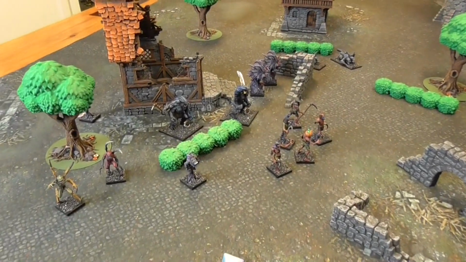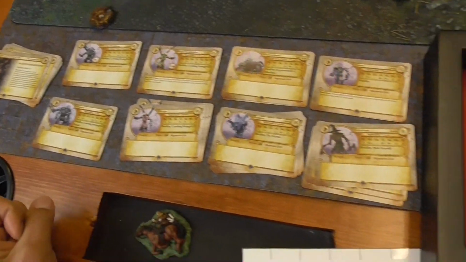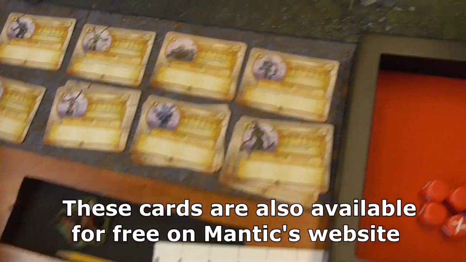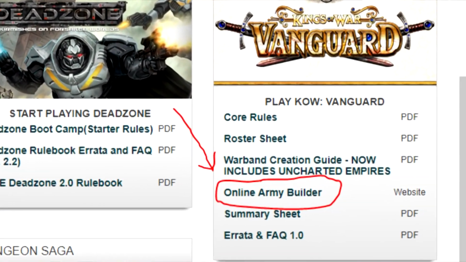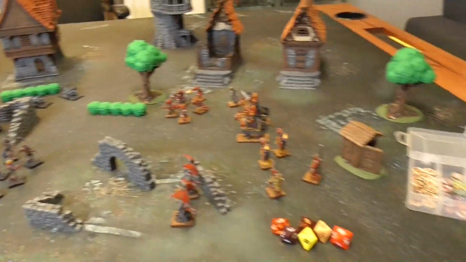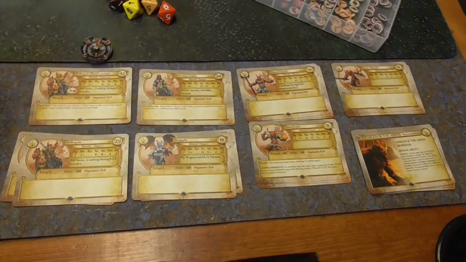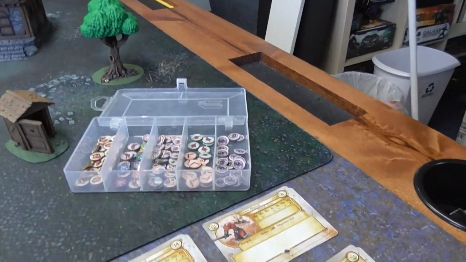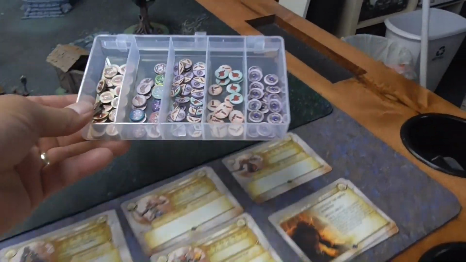I have the Night Stalkers over here, and what's really handy is the cards that come with each faction. And I think that is one of the best things about these packs that cost about $35, $40. And you get 15 models from each side. On this side over here we have the Forces of the Abyss with their corresponding cards, which I think is super helpful. I also bought their tokens, and so you don't have to use their proprietary tokens, but these tokens came with a bunch of